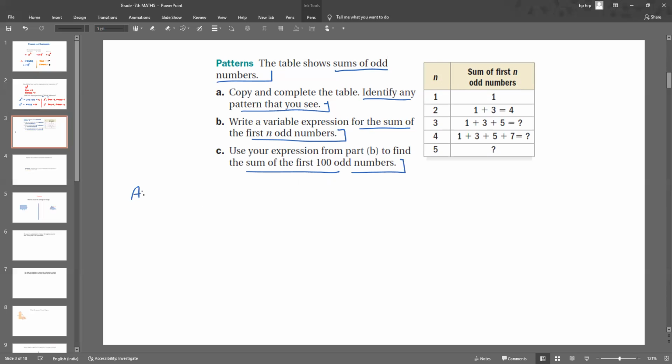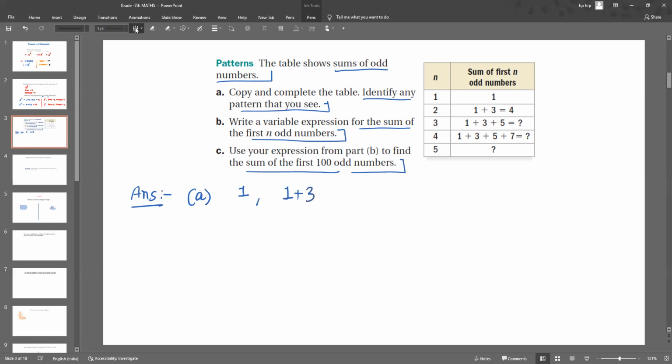Can you identify if there is any pattern in this question? The pattern would be that it's all the odd numbers, but I feel like there's supposed to be something else. Okay, here you can see that this is a sum of n odd numbers. So sums of odd numbers are there. Here you can see that the first number is 1. Second, they give 1 plus 3.